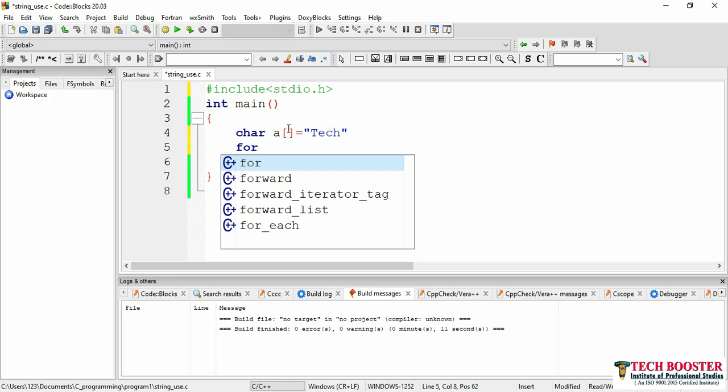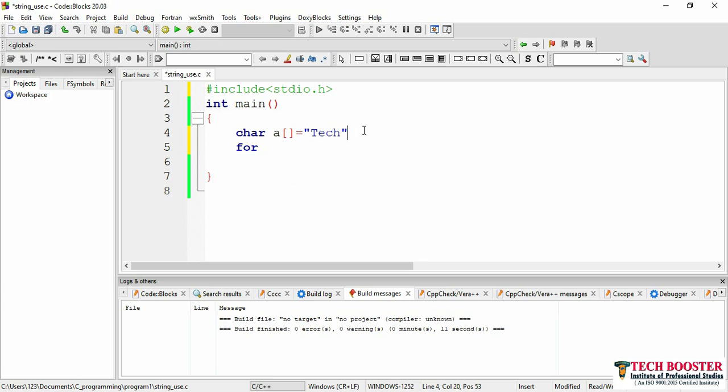Let me consider a variable here, int i. For i equals to 0, I am starting from 0, i less than 1000. You can consider 1000, 1 lakh, doesn't matter, because in this case I will use my break statement. We went through what is break statement, and then i plus plus.